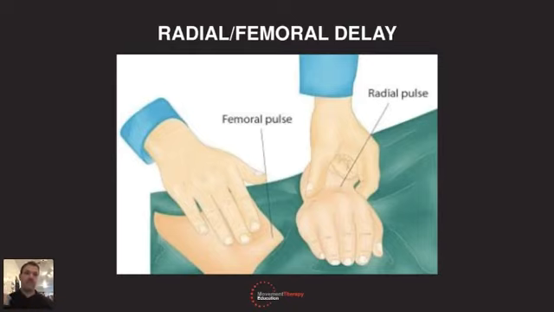And if it was in the upper body, you do a radial, so you just check both pulses on both arms. So that's something useful to know. If that feels okay, let me just check. I'll just show you on here a sec, Natalie. Femoral.